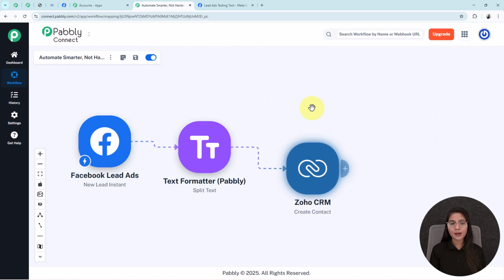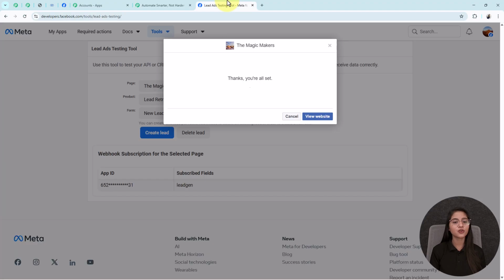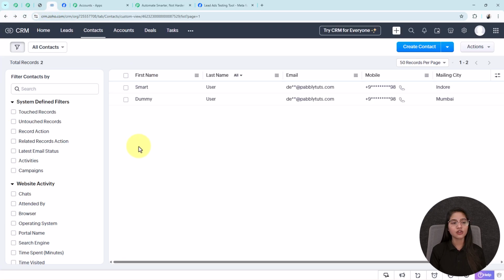With the help of this amazing automation, whenever a new lead applies through your Facebook lead ads, automatically a new contact is created in your Zoho CRM. And all of this is made possible without you doing any manual inputs from your side, using an automation tool